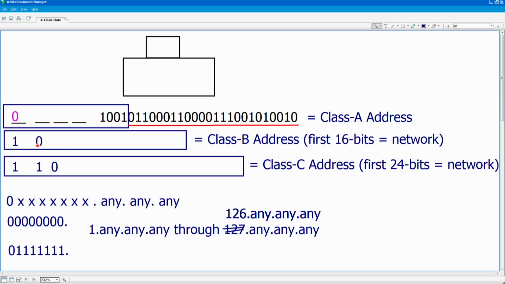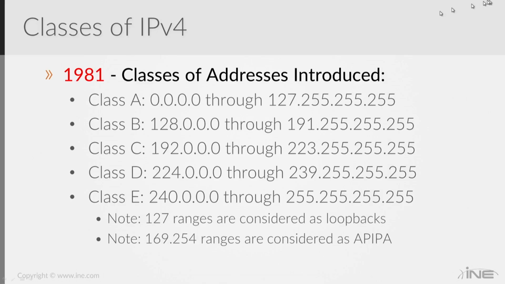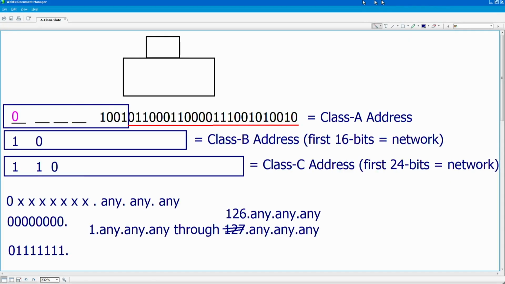Now when we go into Class B networks, this starts out with 10. Well, 10000000 is the number 128. And if I keep that pattern of 10,